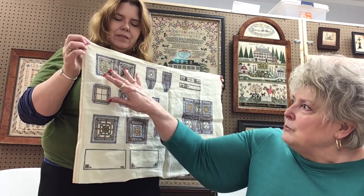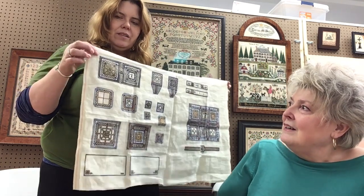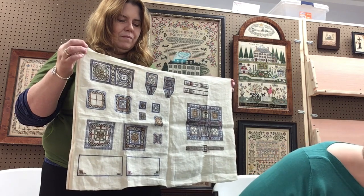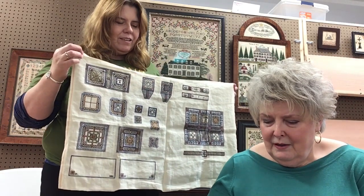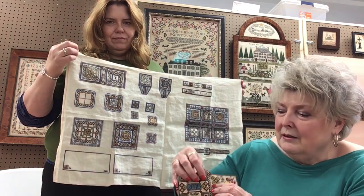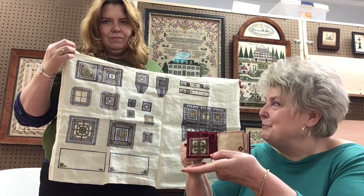So tell us what the pieces will be. Okay, this is the needle book, which you can use and take with you. You don't have to store it in a cabinet and never use it. It has a thick spine. I'll show you something that'll give you an idea of how it's constructed. When I saw it and it was Scottish, this is right up my alley. This is a smaller needle book as far as the spine goes, but it's the same concept. It has the front and the back,